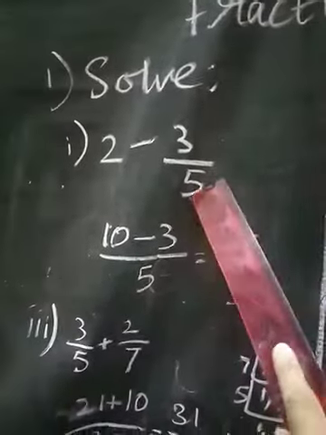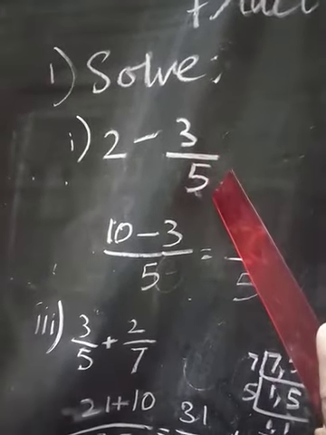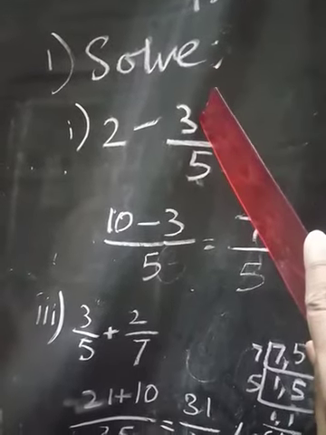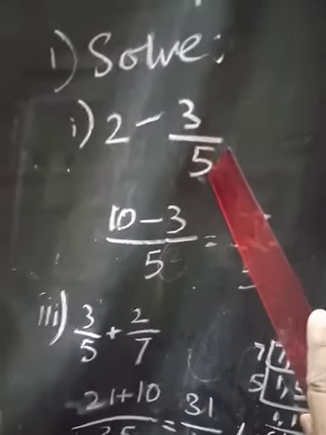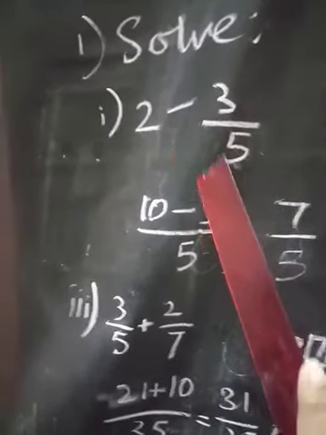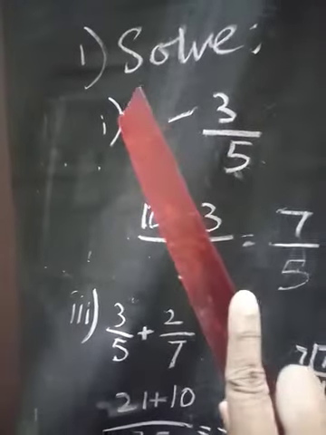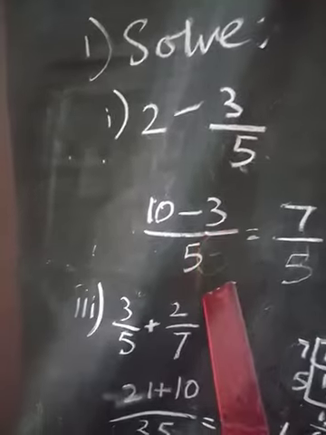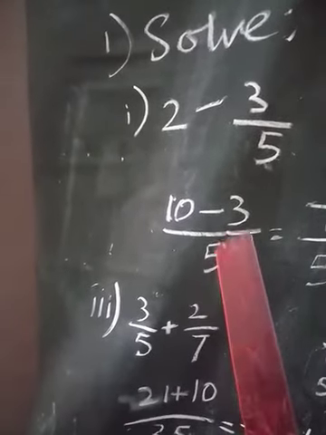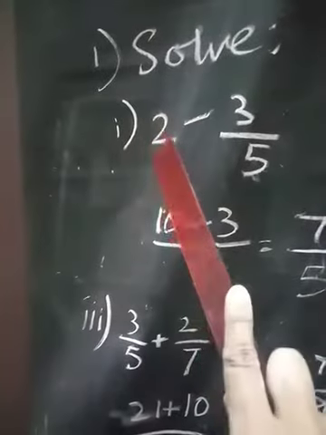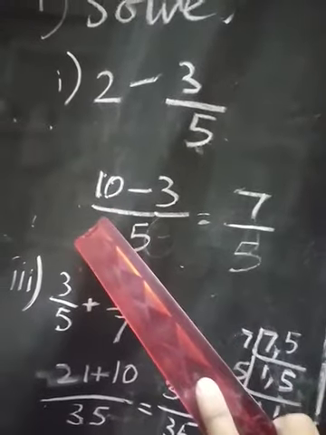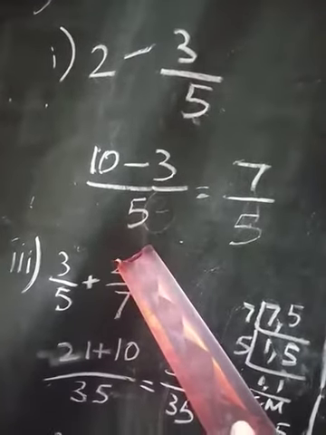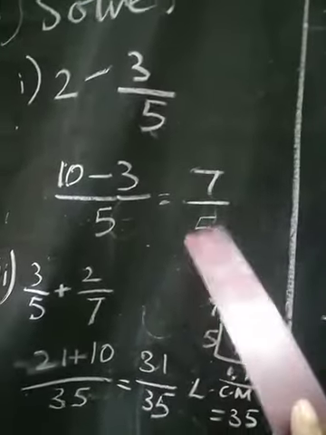Okay students, if you see here 5 is the LCM and the numerator of 5 is 3. So write 3 as it is because here you are having 5 LCM. So just I am writing the 3 as it is. Here in the denominator you are having 1 but our LCM is 5. Okay students, so what I am going to do, just multiply this LCM number with this numerator. So you will be getting 10. 5 2s are 10. So now denominator you have 5 and numerator you have 10 minus 3. So you can solve easily. 10 minus 3 is 7.